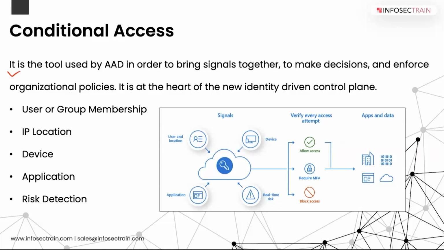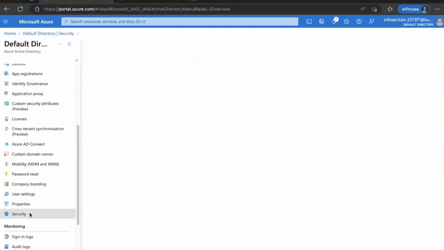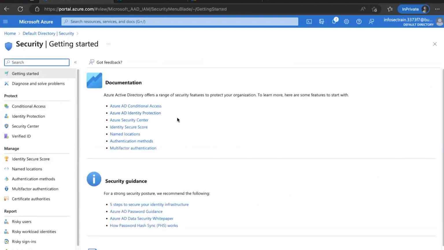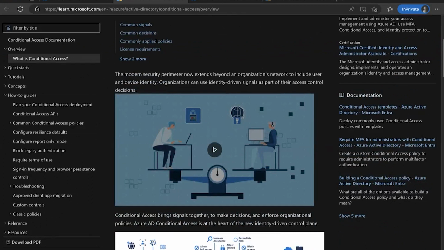Now, I know the definition was quite vague, about what it is doing. So when we are talking about this conditional access policy or CAP, first thing you need to understand, again, this is a premium P2 feature. To use this, you need to have a P2 license over here. Now, if you want, you can go to your portal as well. In the portal, scroll down, come to the part of security here. There is this conditional access, right? I can click on the documentation of it. It will open a page which talks about the conditional access policy itself.